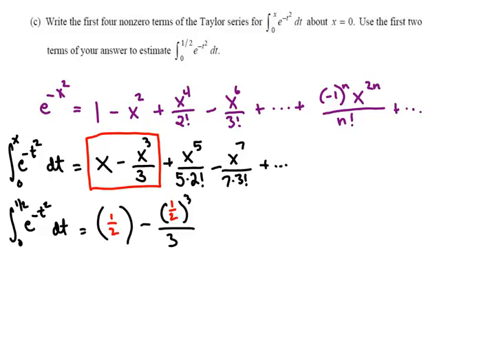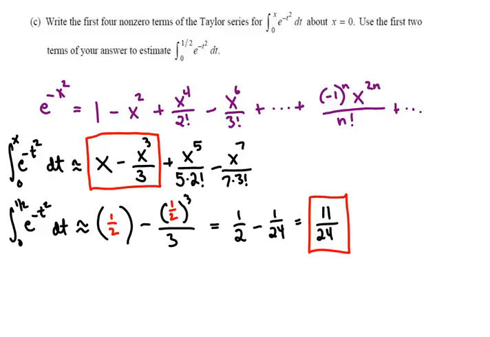And because when I plug in 0, the antiderivative evaluated at the lower limit will all wash away. So we just have to plug in 1/2 into those 2 terms above, and we get 1/2 minus 1/24, which is 12/24 minus 1/24, or 11/24. Now once again, it's important to note that we can't use the equal sign here because we are approximating, and it will take off points for that. And we should really do the same on the one above, since we're only using 4 terms instead